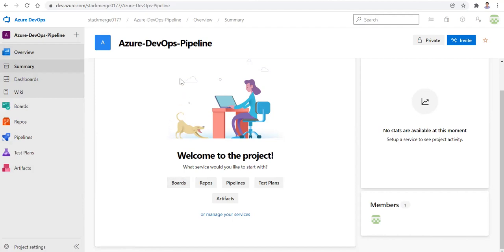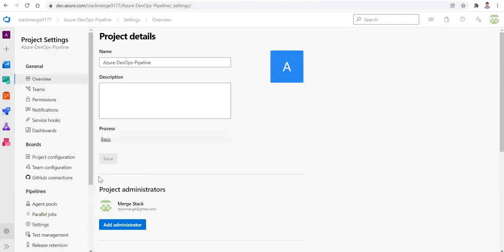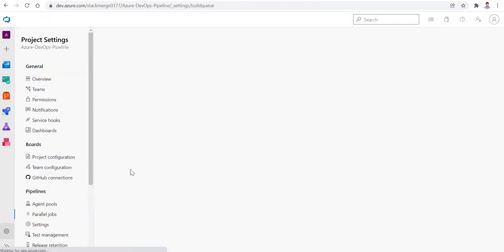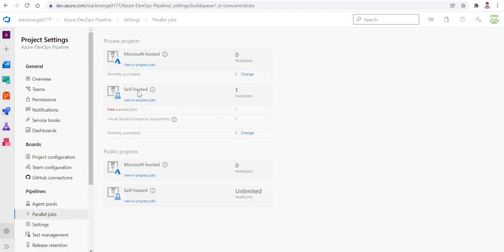One more thing here: let's go to the project properties first, and let me show you one important thing. When you run your pipeline, in these parallel jobs there has to be at least one self-hosted parallel job. If you go with a free account, there will be nothing here, so you need to request the Microsoft team to upgrade your account.